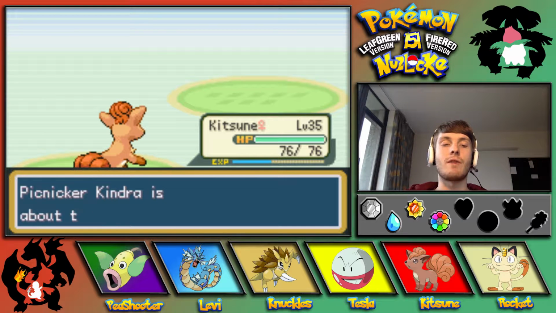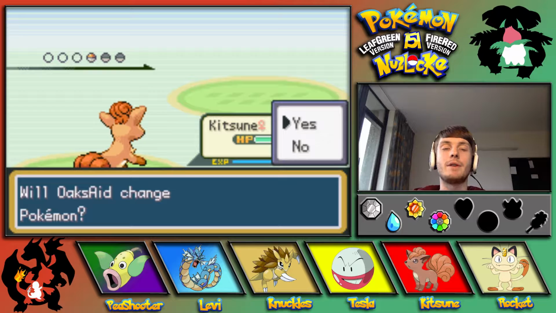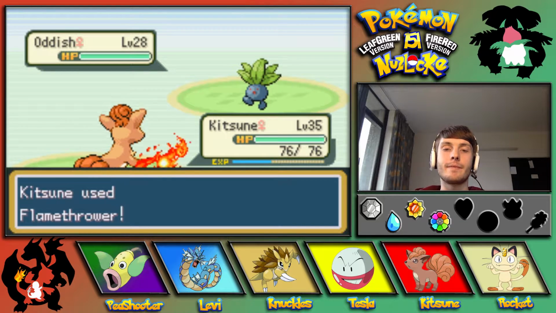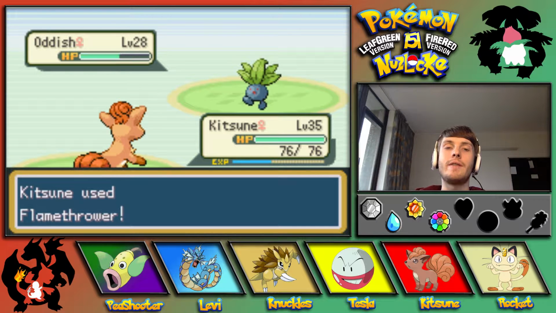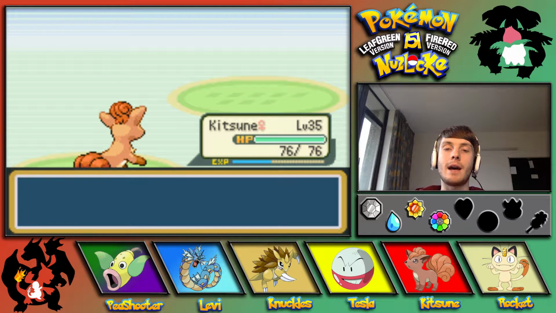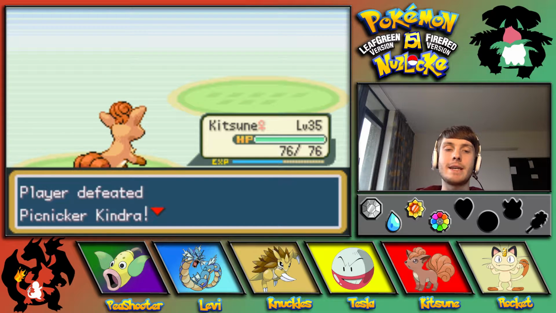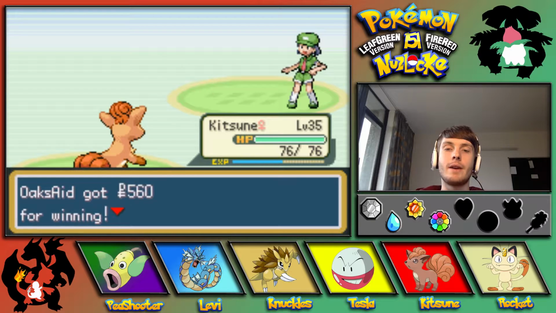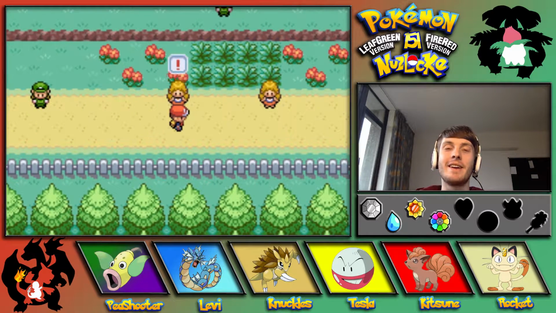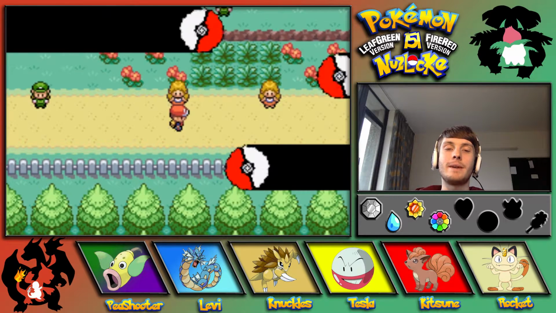Anyway, Kitsune is just wrecking shop here. Flamethrowers left, right and centre, taking everything down. A Gloom and 2 Oddish, put to the flame by Kitsune. And Kitsune is halfway to level 36. Not good enough. Nope. Not going to try and make you feel better about yourself, but...